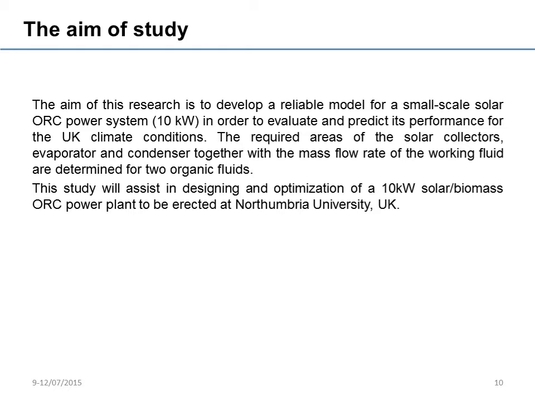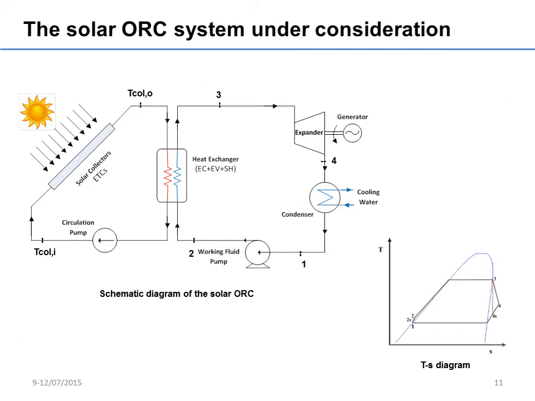This study will assist in the design and optimization of a 10 kilowatt solar biomass organic Rankine cycle power plant to be erected at Northumbria University. The solar organic Rankine cycle system under consideration for this study is illustrated schematically in this figure, with its TS diagram. It consists mainly